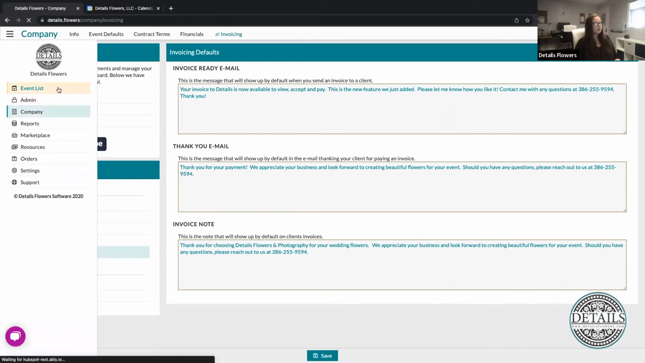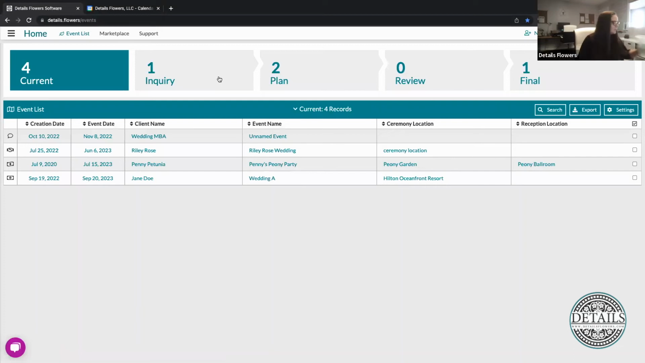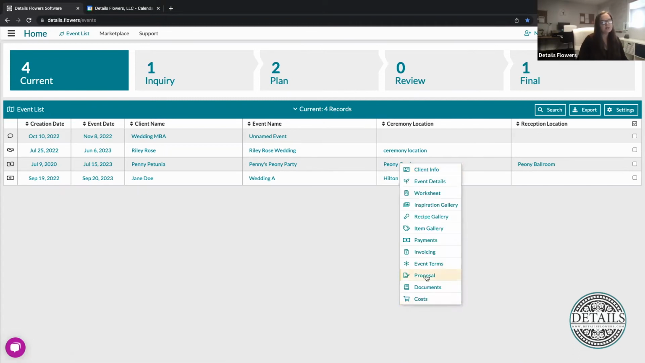All right, so that concludes our company defaults. I did also want to mention one more default area, which is going to be in the proposal. So for anybody that doesn't know, your Details account in the proposal area will come preloaded with some default images. Right now, it's a wonderful boho kind of scene there, but you can make changes to that proposal at any time. So if you have a specific set of images that you want to populate every time you start a proposal,